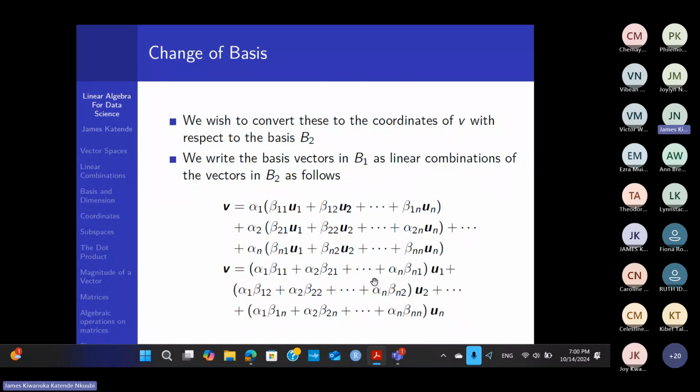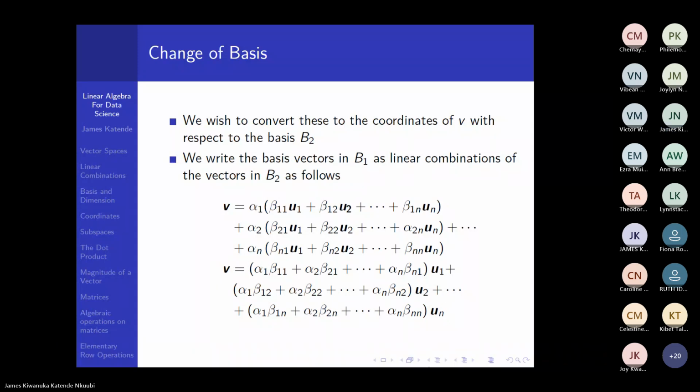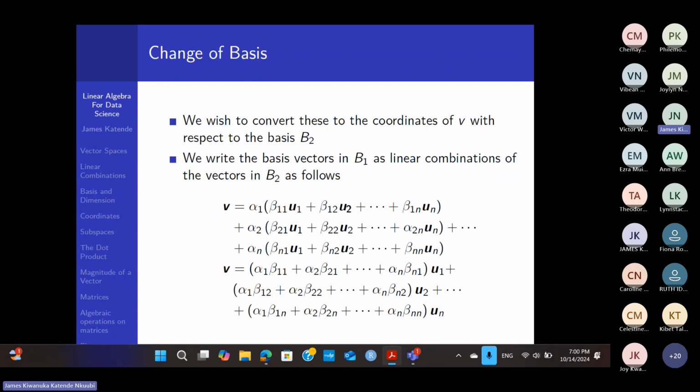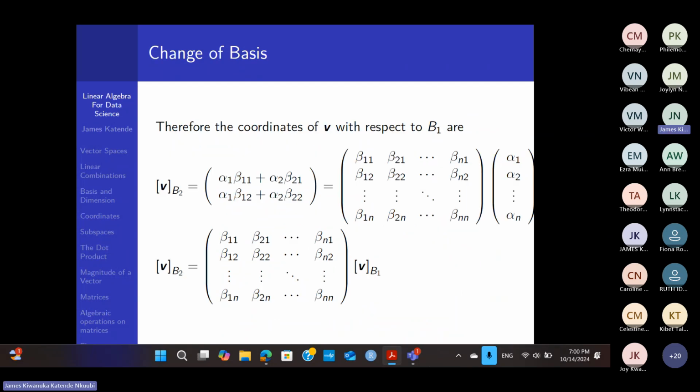So now this will be a linear combination of the same vector v, but now as a linear combination of the basis vectors in B2. So now we found the coordinates. These are the coordinates of the same vector, but with respect to the second basis. So we can collect them and put them